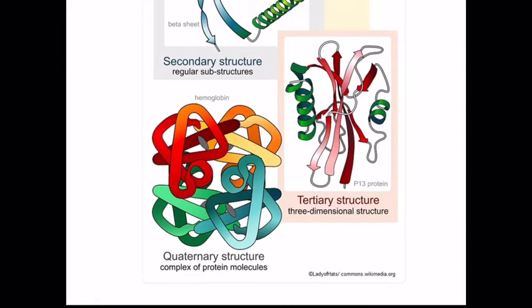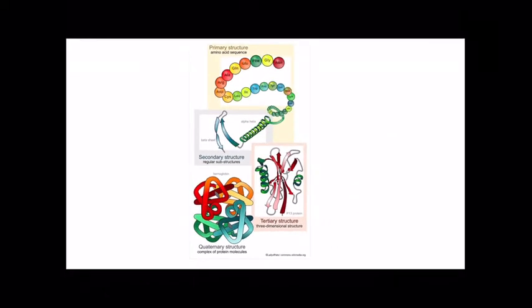What we're looking at here, again, is this hemoglobin molecule. We see a red portion, a green portion, a blue portion, and an orange portion. Each of those portions is a completely formed protein, and now they're all attached to each other. That's our quaternary structure, the most complex level of structure. We'll see in some examples that we can get more complex than that, if we need to build a big significant rope in our body out of protein. But this gives us an idea of the basic structure of proteins.